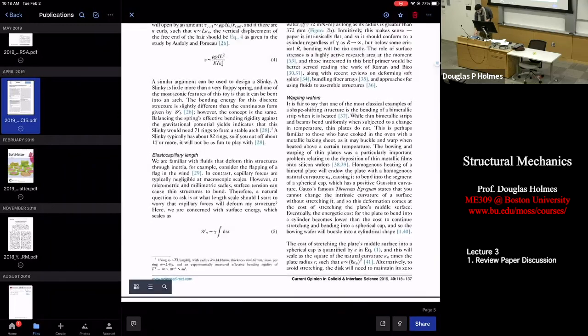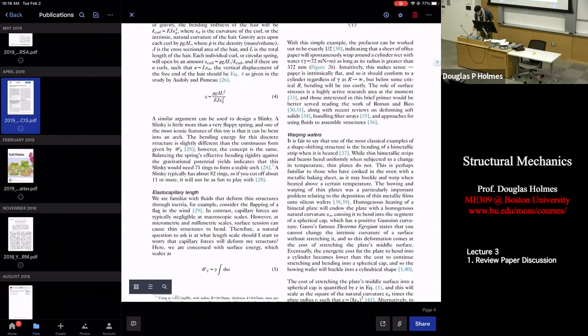The elastocapillary one probably doesn't feel as important, but this is the reason why those of you still with a full head of hair, well, your hair clumps together when you get out of the shower. It's because your hair is thin rods. Fluid, it wants to wet that material. And as it wets it, it kind of applies a little force to it and starts to tug on it. And if that structure is bendy, then those things will coalesce. You dip your paintbrush in paint, and all the bristles come together. They're not separate anymore. This became really important for people who are making,